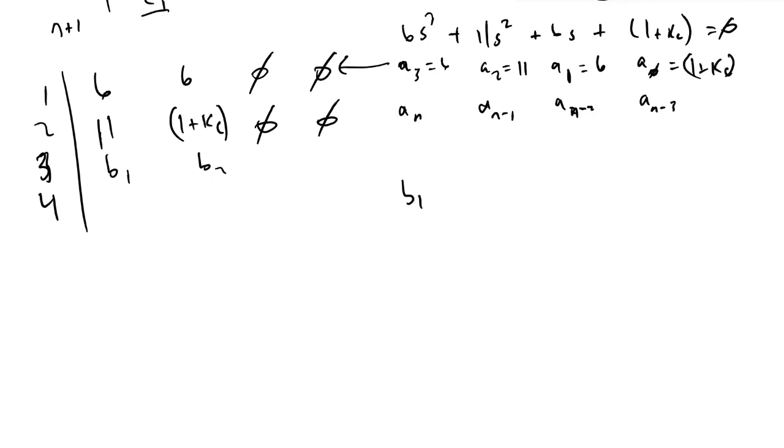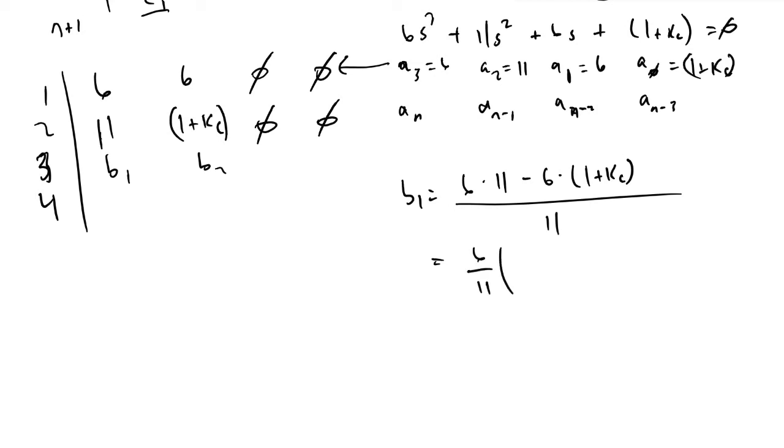So b1 will be equal to 6 times 11 minus 6 times the quantity 1 plus kc, divided by 11. And we can simplify this down to 6 over 11 times the quantity 11 minus 1, which is 10,